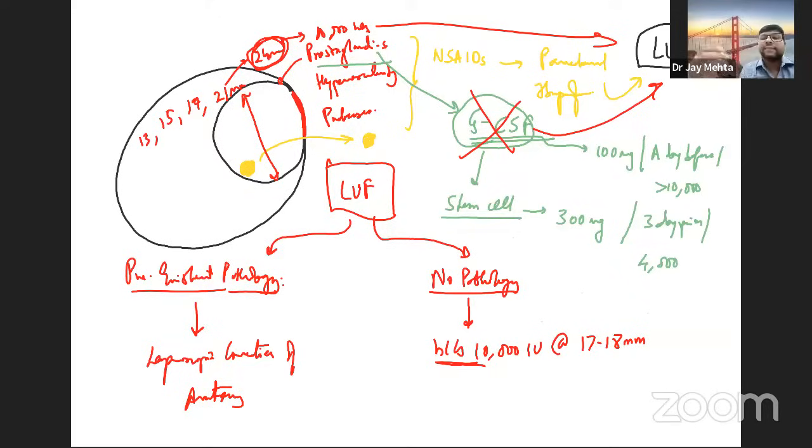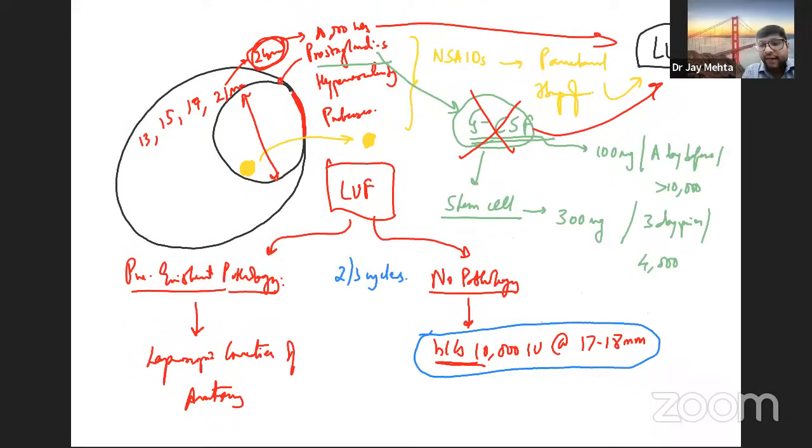When you do that and when you assess this, remember, as a tagline, 80 to 90% of the LUF is going to get sorted any which way. All right. Any which way it is going to get sorted. There are going to be people who are going to say, no, all factors for the patient were absolutely normal. I still had LUF continuously for 2 to 3 cycles. Okay, if that is the case, then kindly do a diagnostic laparoscopy.